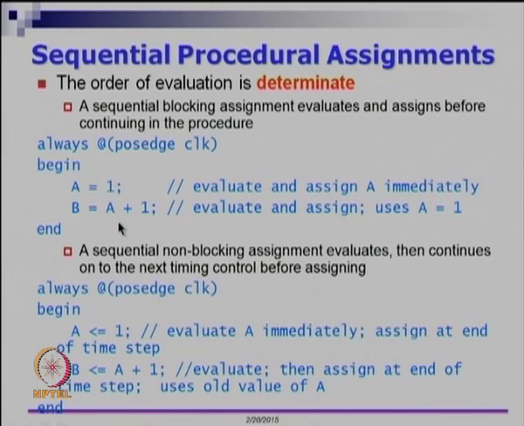Once it is assigned immediately, when it is blocking, only then can you go to the second line. At this point the value of A being 1 is already available, right. So A will become 1 now, 1 plus 1 is 2, so B will get 2. So that is the meaning of this procedural block. So what we have is at time step 0 this procedural block gets executed. At that point this is 1, it gets immediately assigned to this, and since that value is immediately available here,